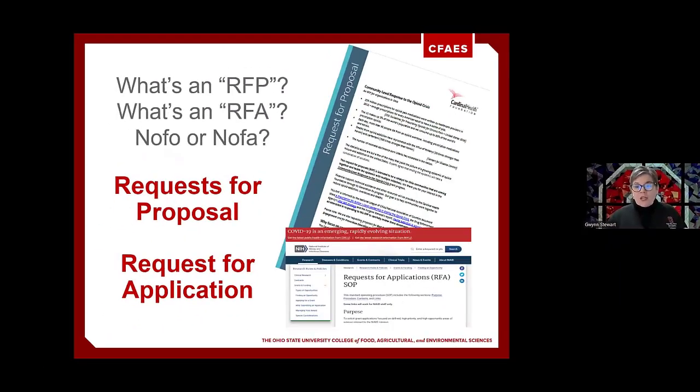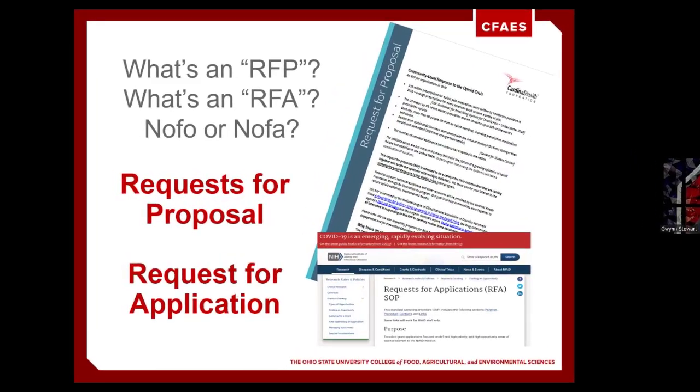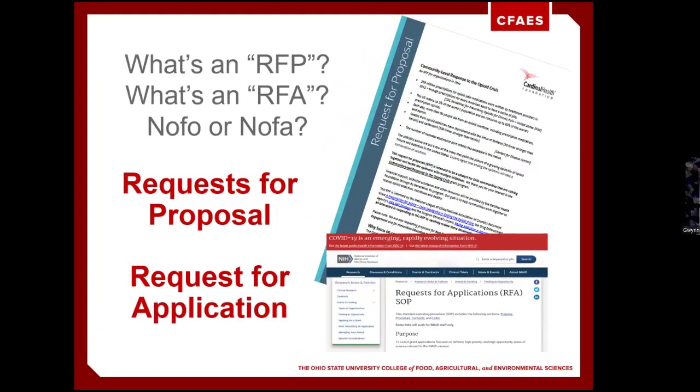If you're looking for funding, you might see some different terminology like what is shown here. You might see something called an RFP, an acronym that's often used for a request for proposal. And you might see funding agencies or organizations or foundations provide a request for proposal for grant applications. It might also be called an RFA, a request for application. If you're looking on the grants.gov website, you might see NOFO or NOFA acronyms, Notice of Funding Opportunity or Notice